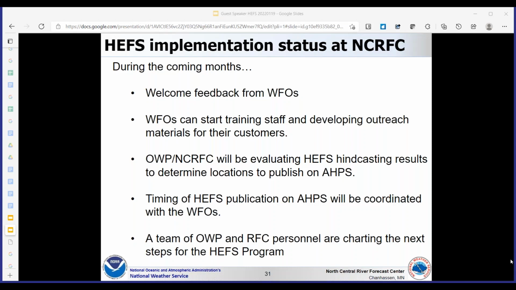So if you have any feedback from what you've seen so far in the HEFS products, areas that you think need more development, if you think we need different kinds of products for our users, whatever, please let me know and I can incorporate that into our discussions.